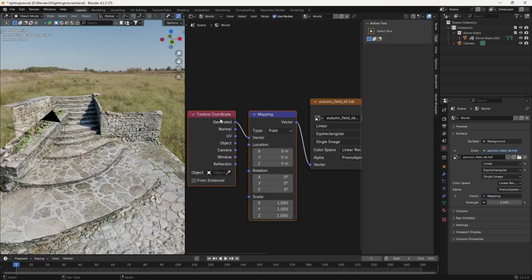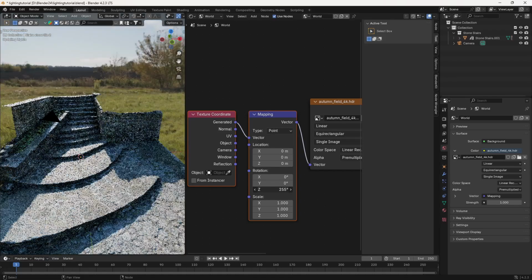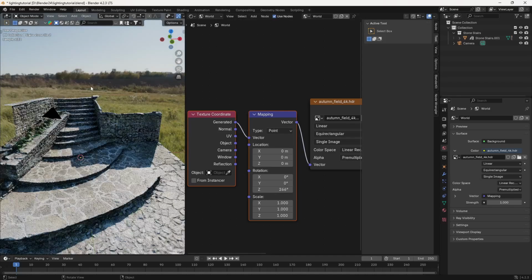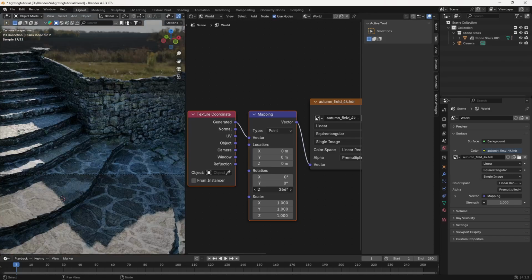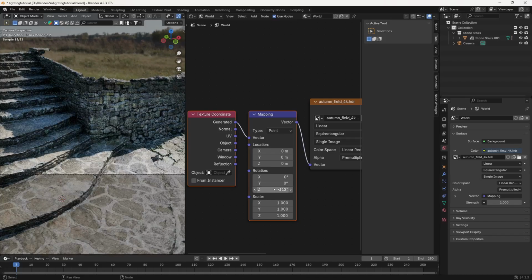Now you can see we have this texture coordinates and we have this rotation here. Now if I increase the rotation of the z-axis here, you can see our HDRI basically is getting rotated. You can see the result here as well. If I press the 0 key, you can see the result as I rotate my HDRI. This is how you can load the HDRI as well. So I have shown you three methods. One is your background method, second one is your sky and sun texture, and third one is your HDRI. You can use any of the methods to get some realistic results for your exterior or maybe some product visualization scenes.